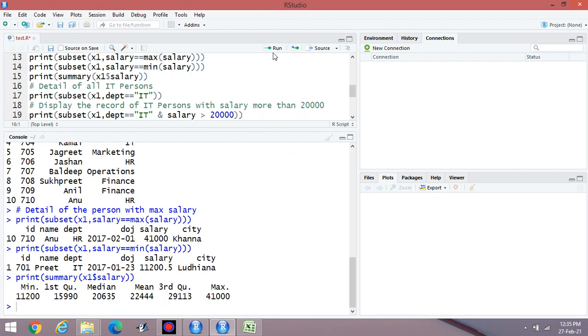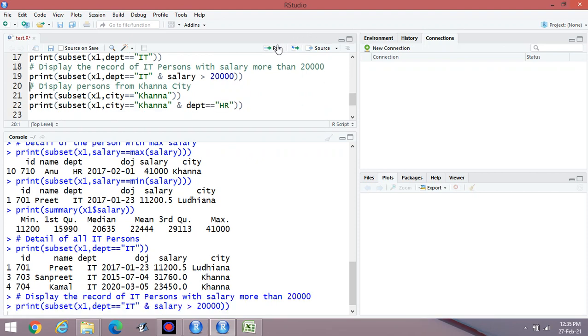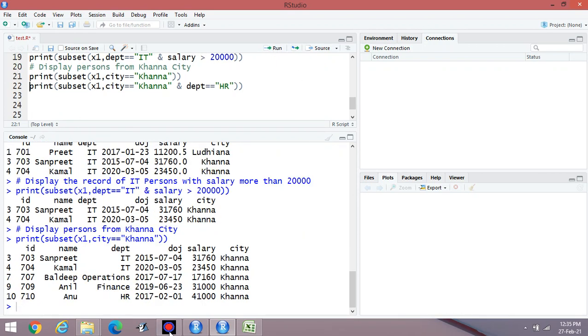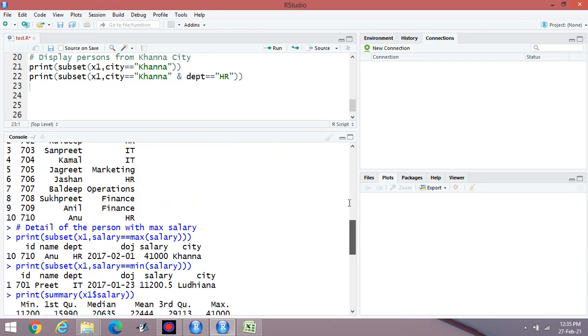Then the summary, then all the persons from the IT department, then the persons from the IT department with salary more than 20,000, then you can display all the persons from Khanna city and the persons from Khanna city with the HR department. These are some of the commands to work with an Excel file.